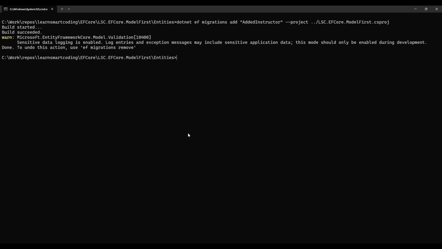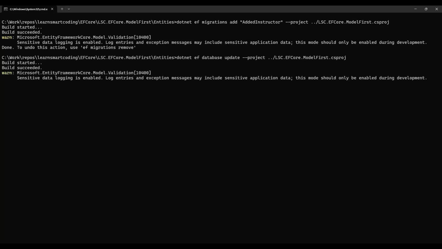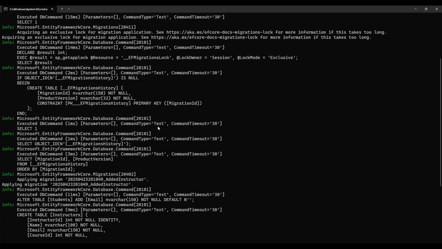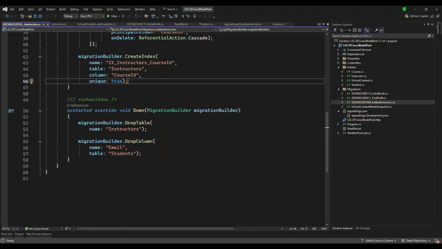Okay, so now we will say .NET, same thing. We need to update the database. So we can say .NET EF database update. We don't need to specify the schemas. We can just specify the project and say enter. So what will happen? Now it will generate the remaining changes. It actually knows what changes were applied and what changes are pending, and it will update the database based on that. So if I go to the database now